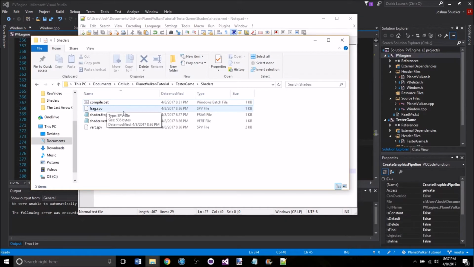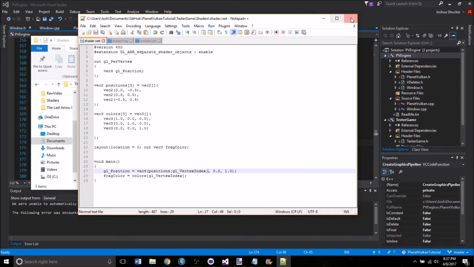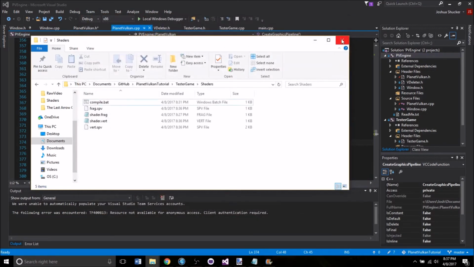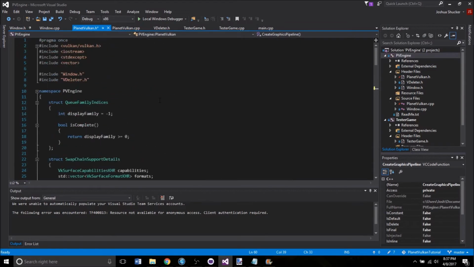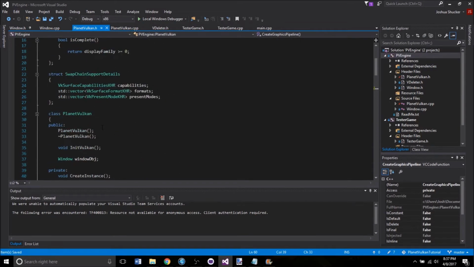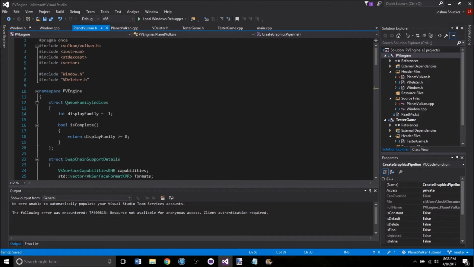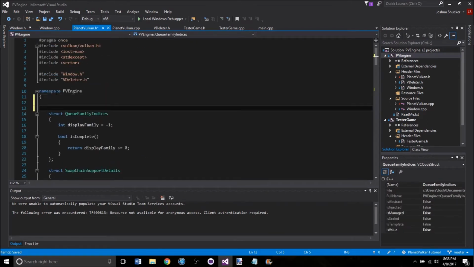So we have our shaders now. So great, now we actually need to find a way to load those in our program so we can stop screwing around with all this separate code. It's interesting, but let's get back to our actual engine for now. So we need to create a way of actually loading these shaders. So we're going to make a function called ReadFile. We're going to put it over here in the Vulkan.h. And it doesn't really need to be a part of the class itself. So just up here at the top, so still in the scope of PV Engine, but not actually in the Planet Vulkan class, we're going to go ahead and declare a static std